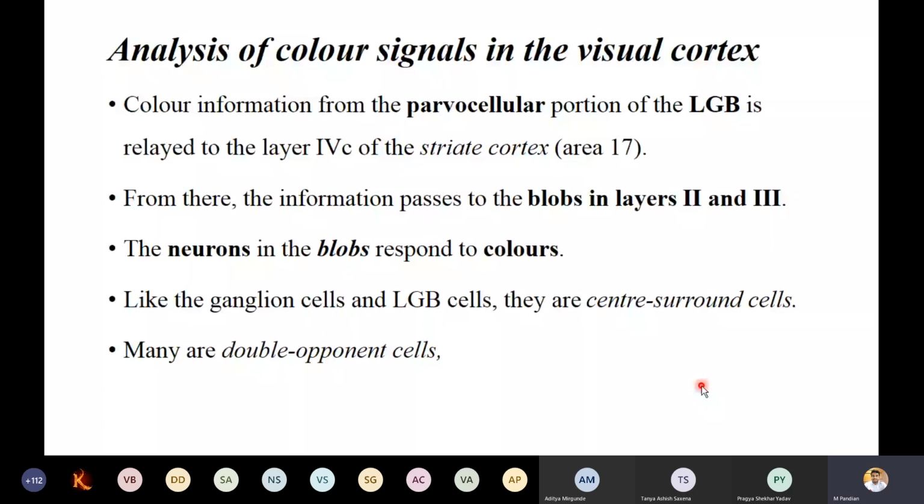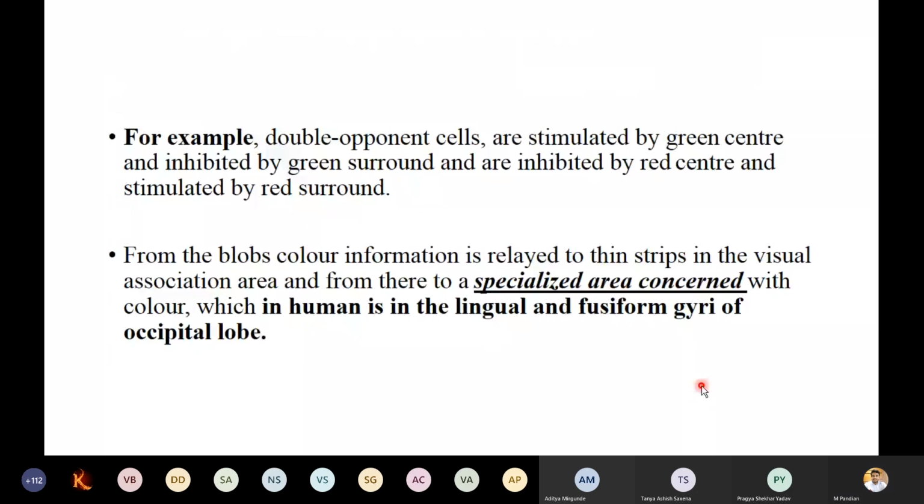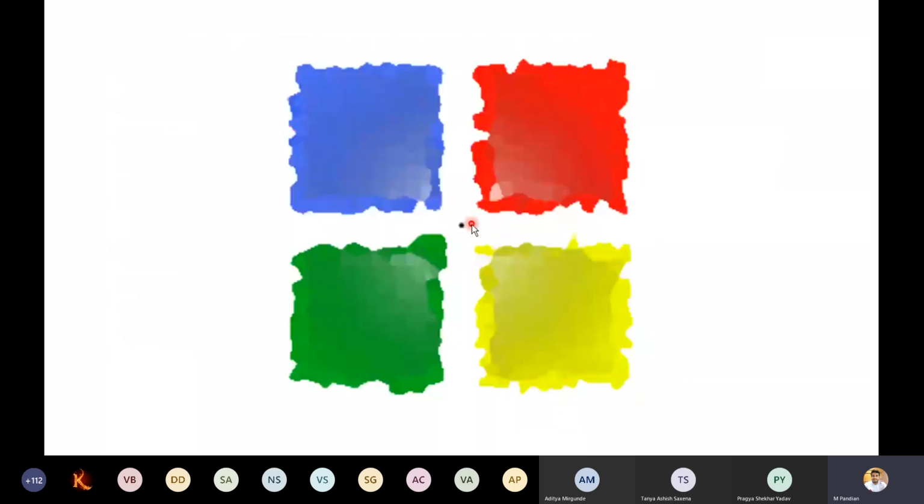Now, again, there is a task for you guys. Stare at this particular dot. See my pointer. You have to focus here. Don't look at the colors individually. Just stare at the particular dot for 30 seconds. Then drop your answers, for example, blue color, hyphen, what color you perceived. After that I will change the picture.